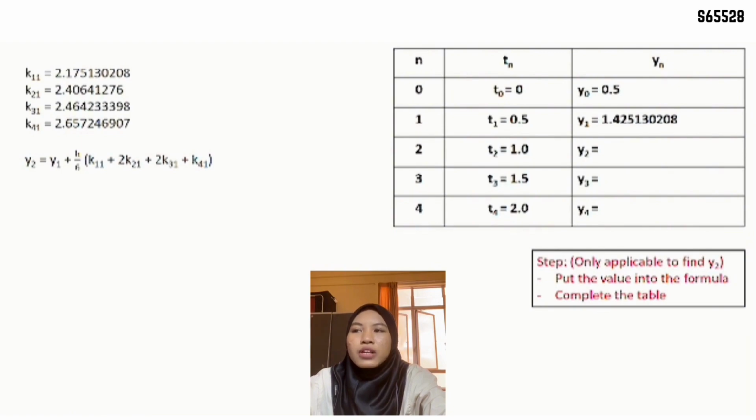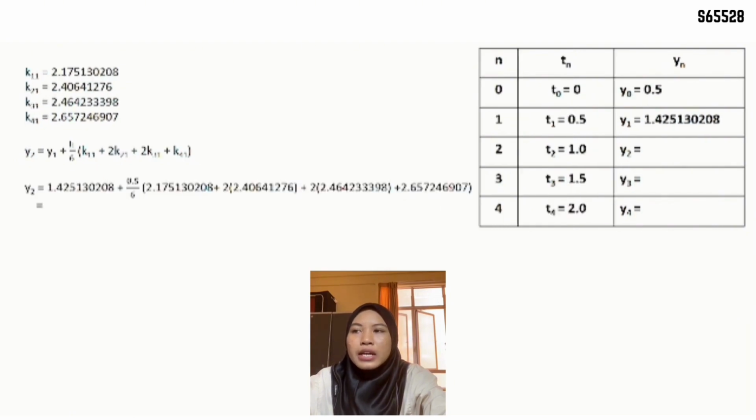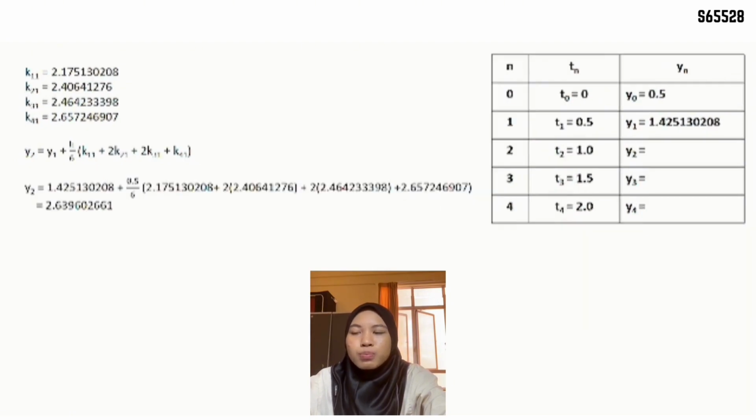And we substitute the value in the equation of y2, which is y1 plus h over 6 times k11 plus 2 times k21 plus 2 times k31 plus k41, and we get the answer, which is